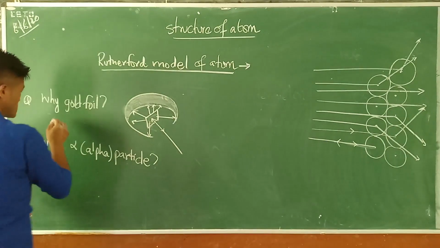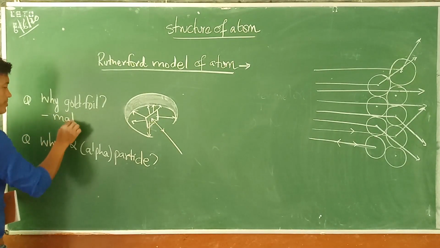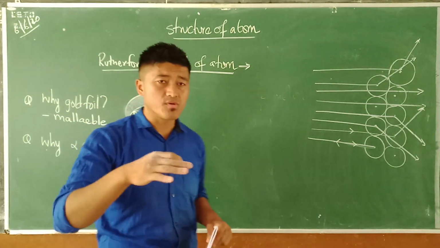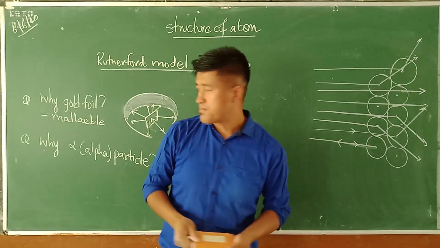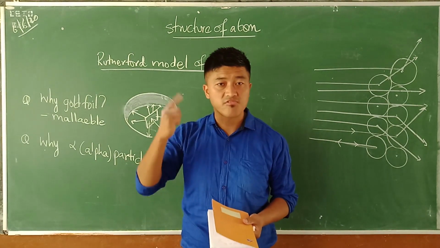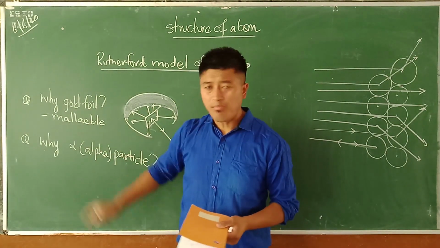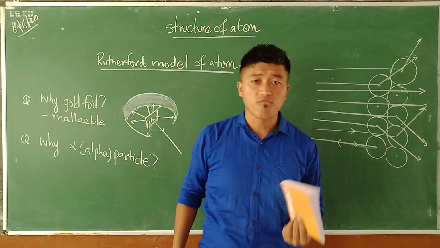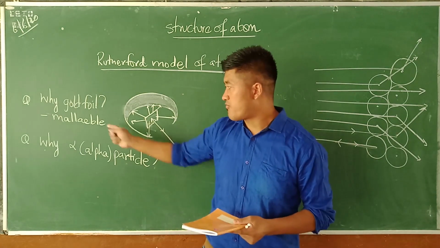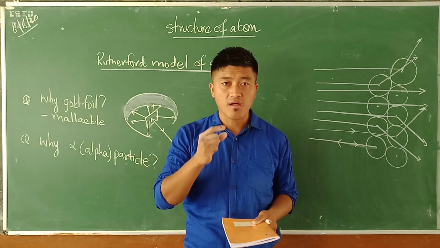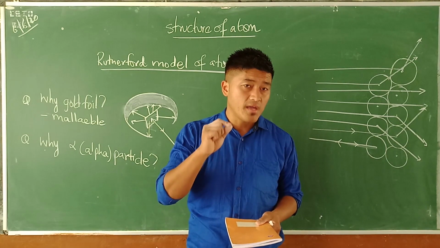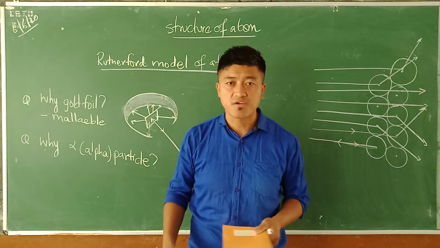Number one is gold foil is very malleable here. Malleable in the sense that it can be beaten down into different kinds of thin sheets. Because of the malleable nature of gold, we are using gold in the form of gold chain, gold biscuits, and earrings and everything, right? And the second important reason behind why Rutherford chose gold foil is that gold foil was extremely thin. Understand? So the thin nature of the gold foil gives you more clarity in detecting every single change